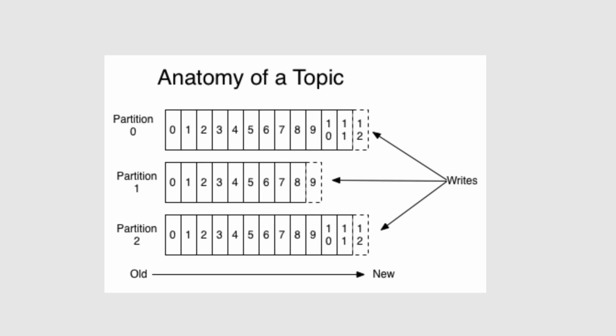And a single topic can be consumed by multiple consumers, right? So just how you see here where partition 1 has only 9 records compared to 0 and 2 that have all 12 records, a consumer can start off retrieving information from partition 1, or it can later on pull from partition 0 if it needs to, or partition 2, right? But right now it's just pulling from partition 1, so you can see that partition 1 has fewer than 0 and 2 because it's already being pulled from. Or maybe logically it only sent messages initially to 0 and 2, and partition 1 is just getting the messages. So there are various things that can go on in regards to the anatomy of a topic.